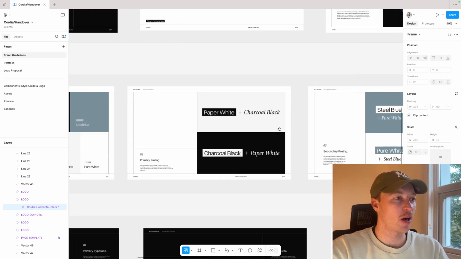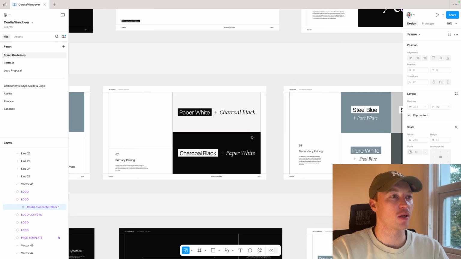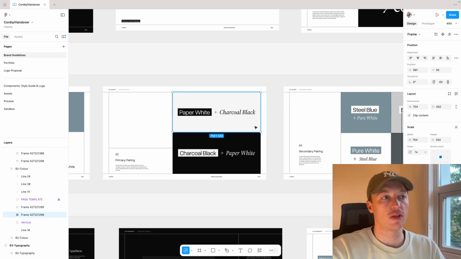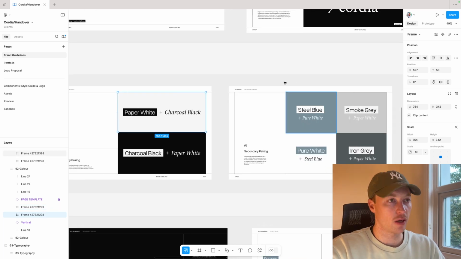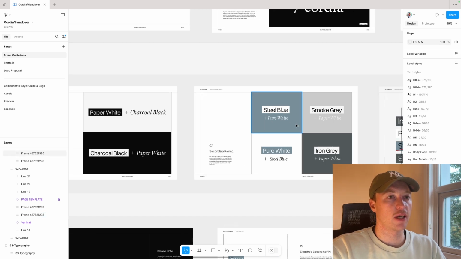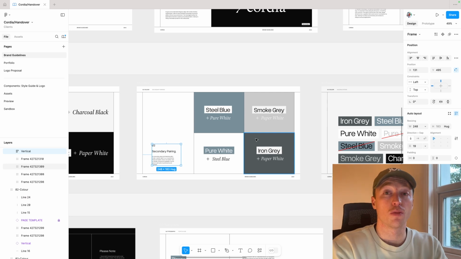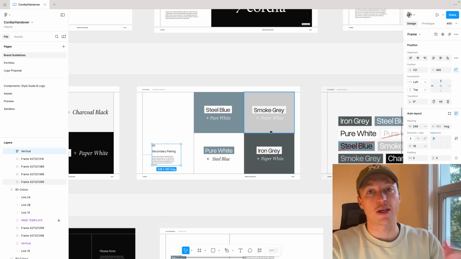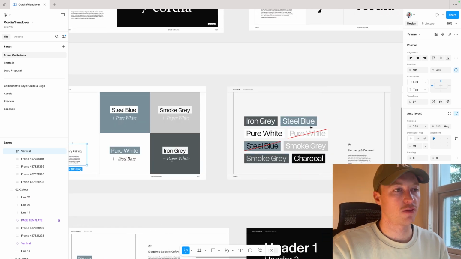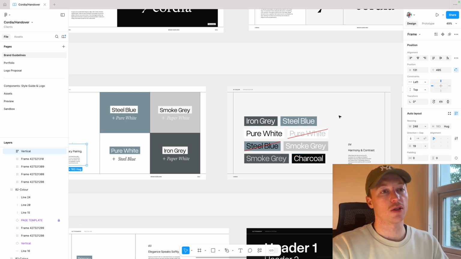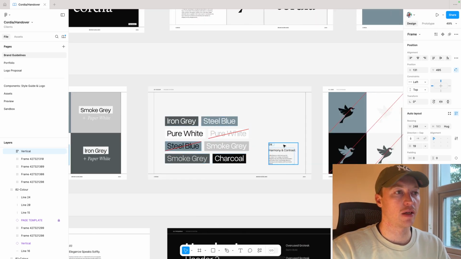Here I've got the primary color pairings, black and white, or charcoal black and paper white. These are, like I said, all live color variables, which is really sweet. So if we ever had to change this, it would change, like we said. Here I've got the secondary pairing, so there'll be an explanation here, do's and don'ts. Don't use the blue on gray, don't use light gray on dark gray, etc. Here's a fun way of explaining it. Don't use button styles components with the wrong color, because there'll be a lack of contrast and lack of harmony